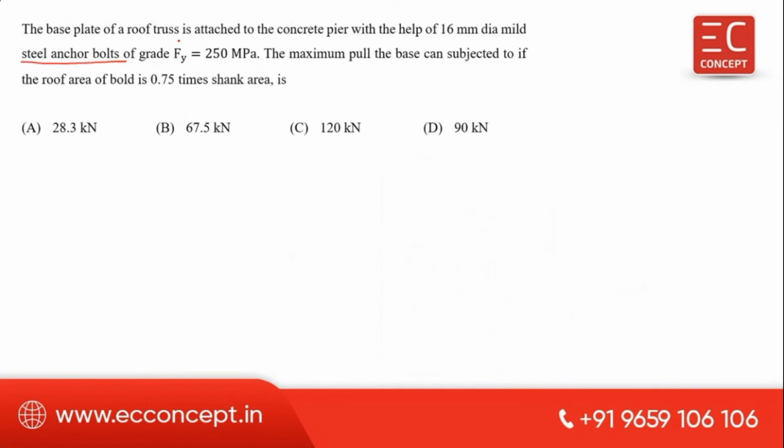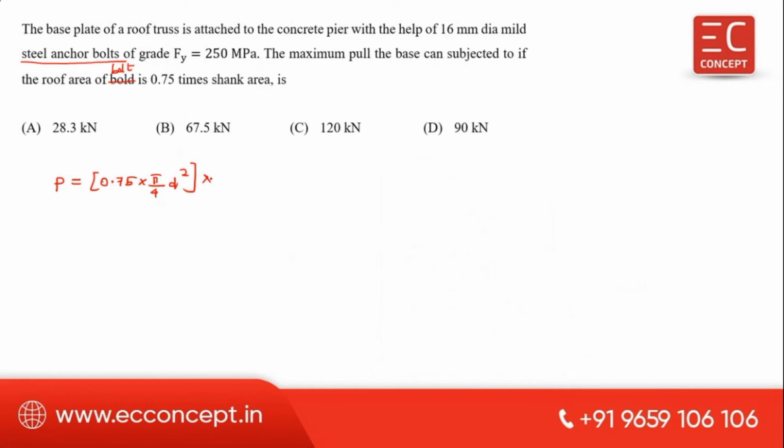The yield strength of the bolt is given. The maximum pull the base can take, if the area of the bolt is 0.7 times the shank area. So the tensile force P is equal to 0.7 times the shank area, pi by 4 d square,